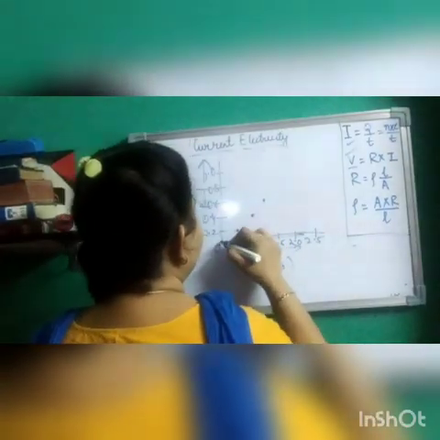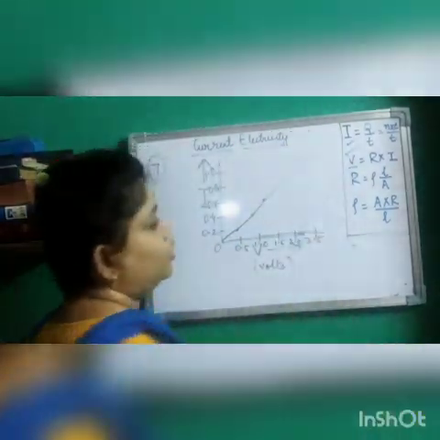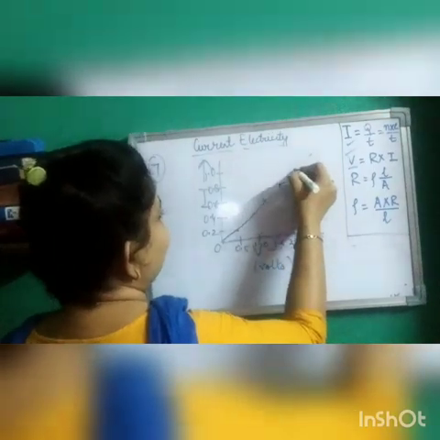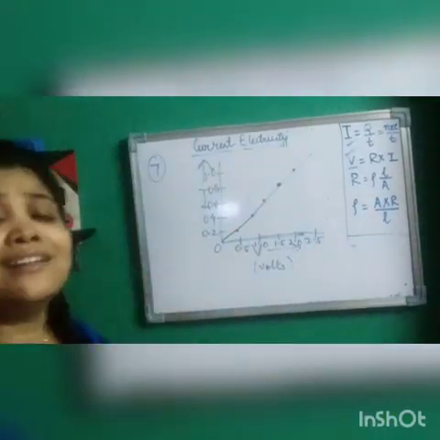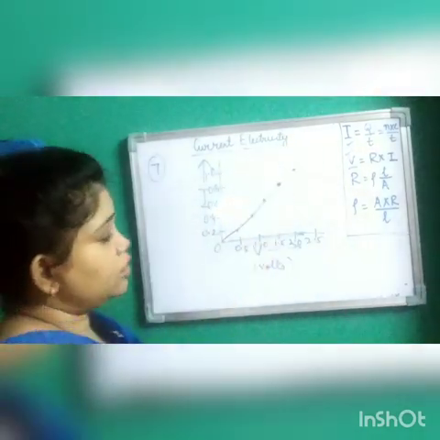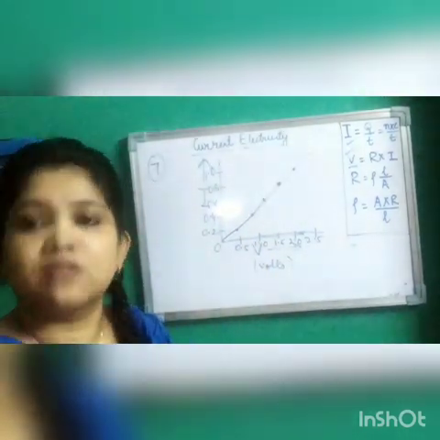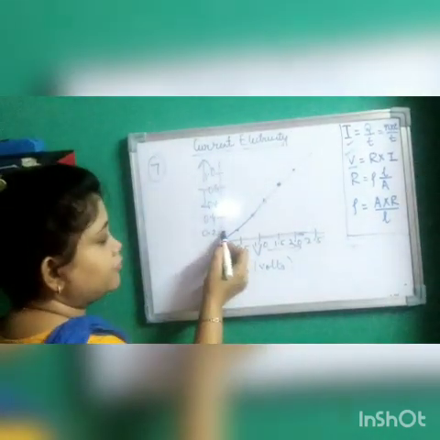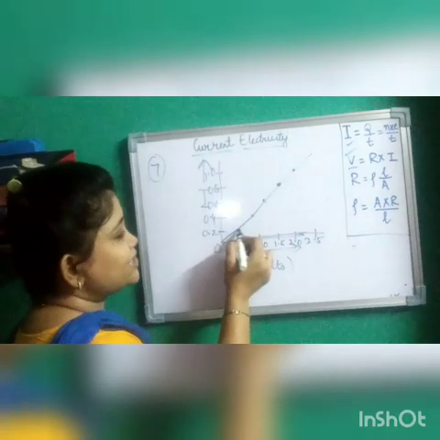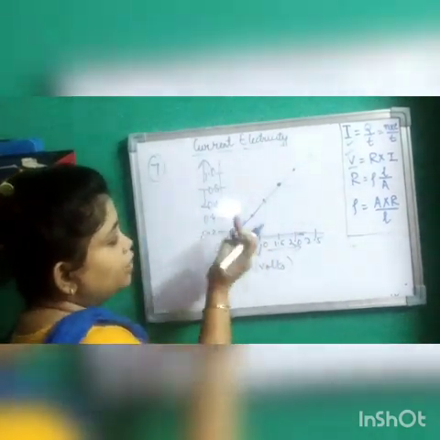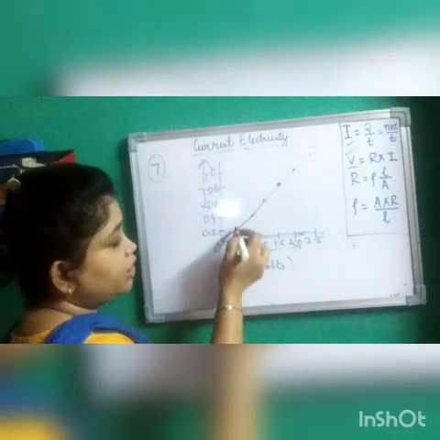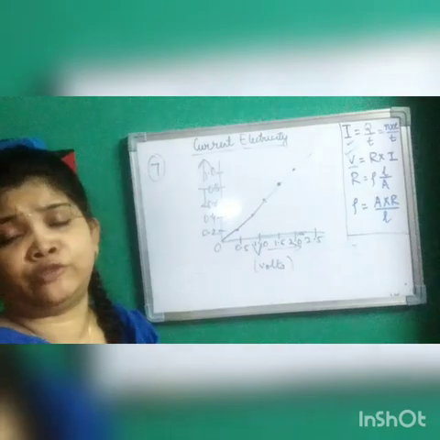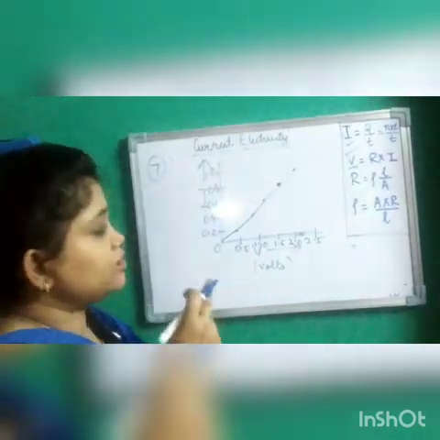If you plot all the points, you will get a straight line graph like this. You can plot all the points and see the graph. So this is your V versus I graph in Ohm's law. First you have to plot the graph. Look at the points 0.5, 0.2. If you have a problem, put one scale perpendicularly and one scale horizontally, and you will get the point. So you get a straight line like this. Next, let us solve. From the graph, you have to look into the graph and find out.